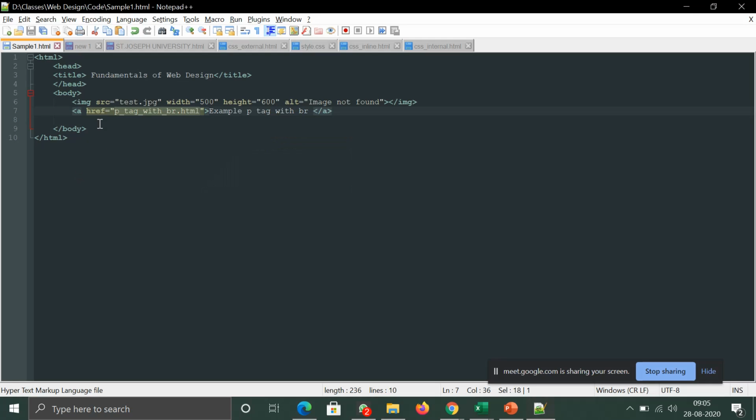This is called the link tag, which you have to study. This is one thing which we didn't see at all. A link contains something called href, or hyper reference. That is the attribute that is used. You just give the link, here p underscore tag, whatever page you want.